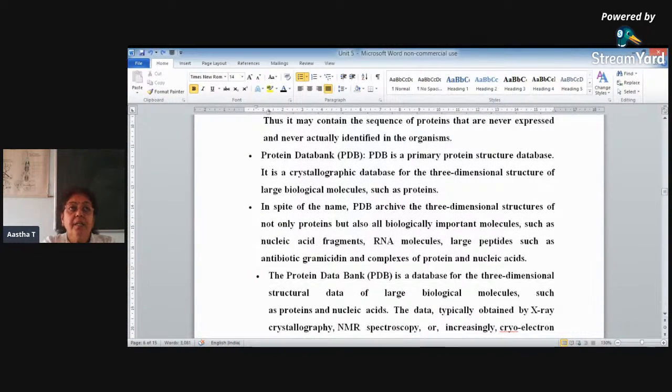Then there are certain complexes of DNA with proteins. We know that nucleic acids may be associated with proteins. So this complex of protein and nucleic acid, the sequence of such structures or this interaction between the proteins and nucleic acids,